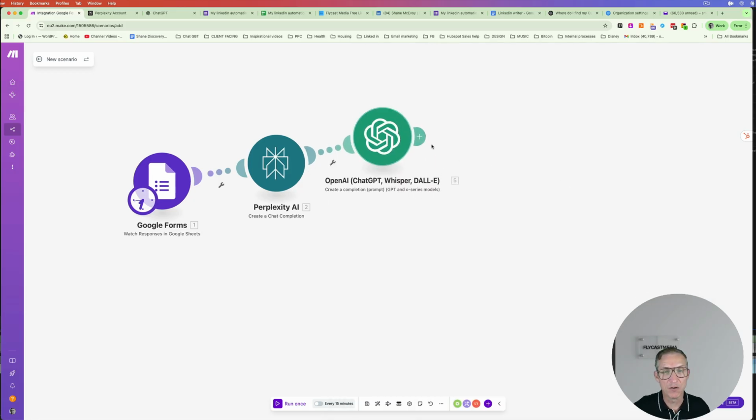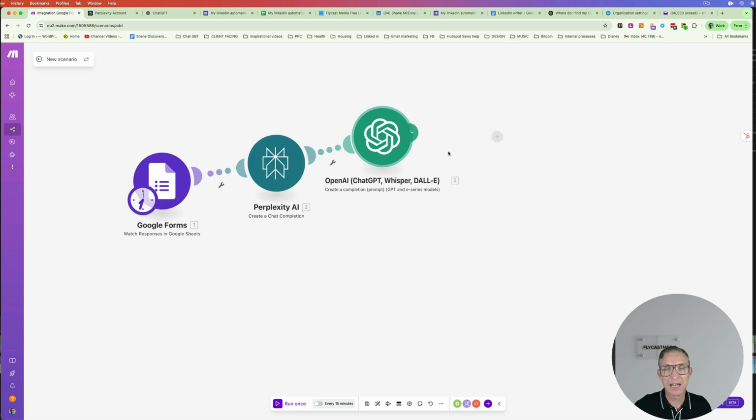Now, because I'm paranoid, we always have one last module. You could stop here and then just get it sent to yourself with the next module. But what we tend to do is we have an editor module, because we find we get much better results if we say, thanks for that content. Now, could you just make it a bit nicer? And this is almost exactly the same as before,